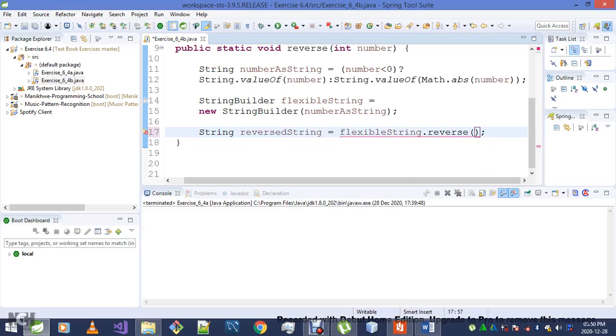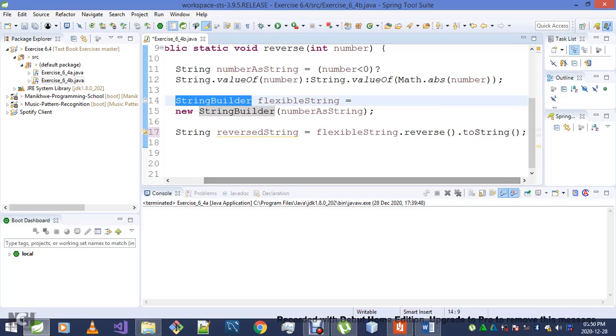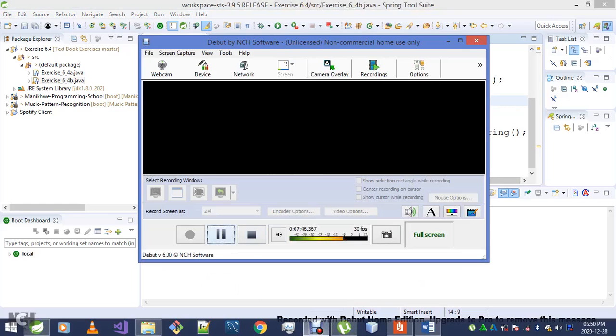However, I also have to call the toString method, because this method returns a StringBuilder object. Again, I'm sorry for that. That's why we have to invoke the toString method, to make sure that we're working with strings and not the StringBuilder. Okay,